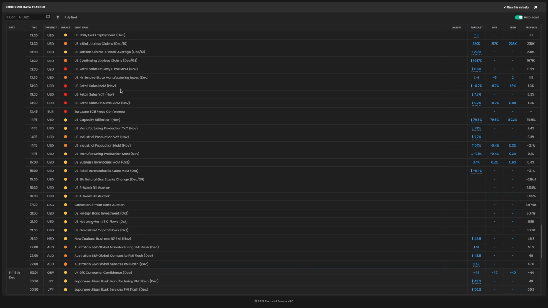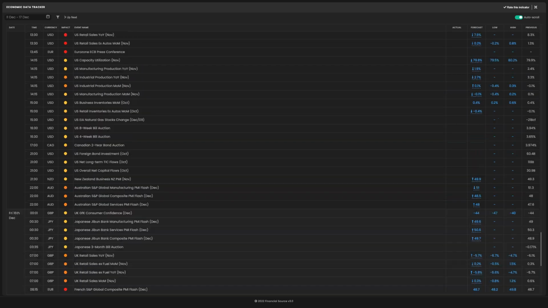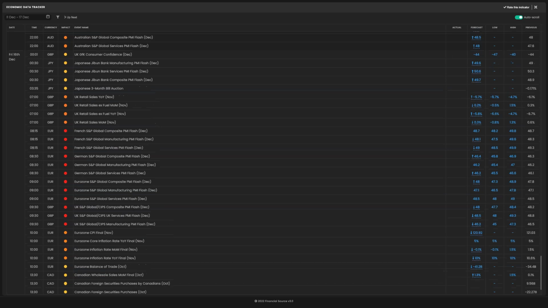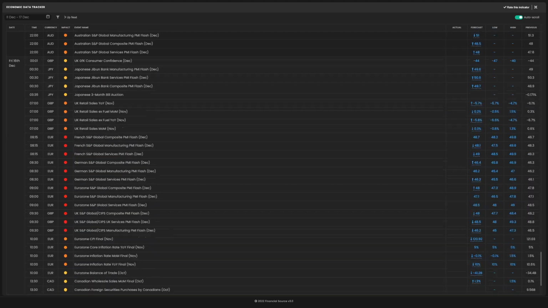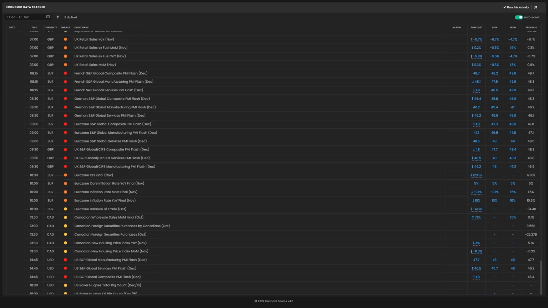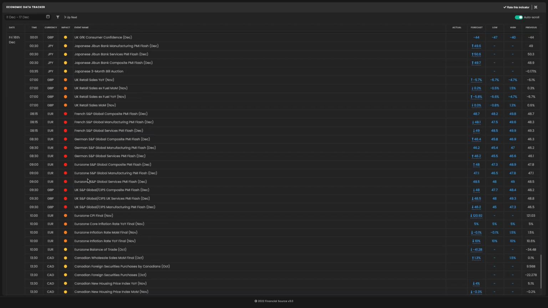US retail sales will be worth looking at, depending on what the Federal Reserve do and say on Wednesday. If they start to raise concerns about slowing growth and then there's a big miss in retail sales, then we could expect any moves from the Federal Reserve on Wednesday to be accelerated or continued with the retail sales. We then have PMI data coming out later on in the session, and again, expect this to be read in light of what happens from the Federal Reserve on Wednesday. We also have a whole string of PMI prints on Friday. Don't see this as tradable because we already know the outlook is bleak for the UK and Europe.